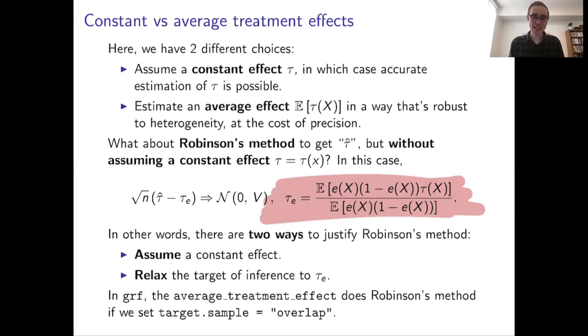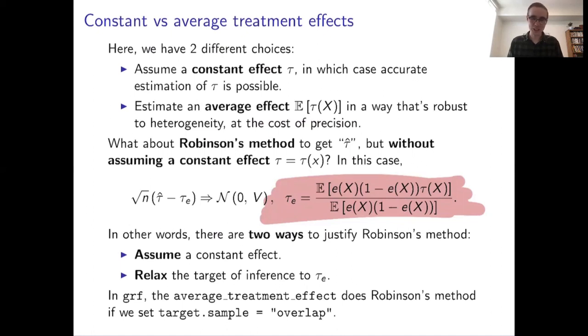And actually you can check that among all weighted average treatment effects, this tau e is the weighted average treatment effect that you can estimate with the best precision under a homoscedastic model with this propensity score. Anyways, if you're interested in this stuff, this is a rabbit hole one can go very far into, but the point is that